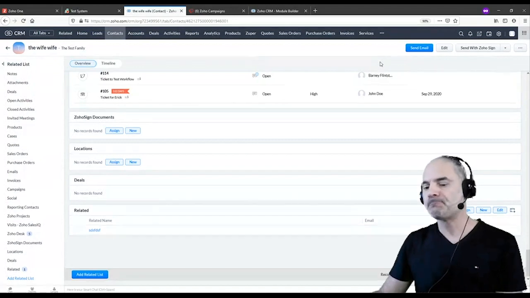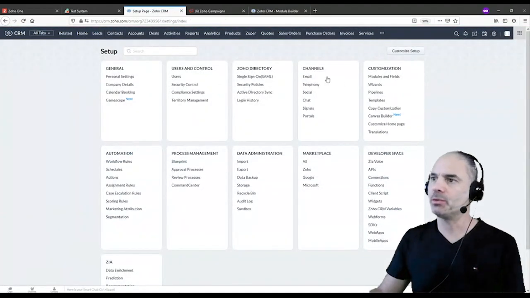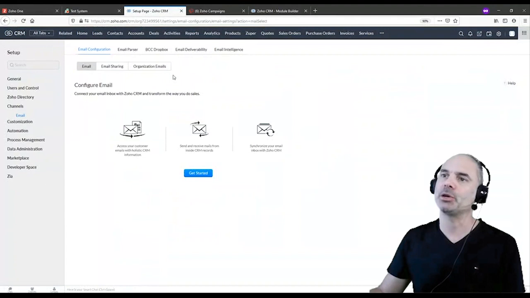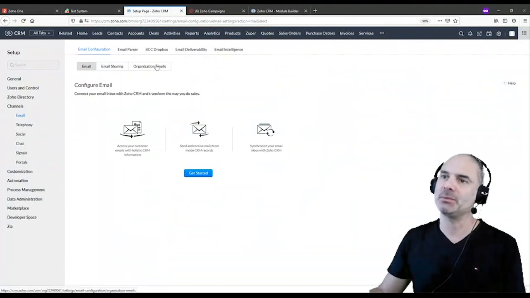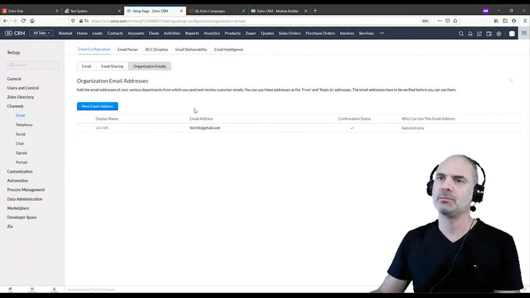Is that possible to do? Yes. The easiest and fastest way will be to go to the email and create them as organizational emails. And then, if you remember, we did it last time. That's what I thought.